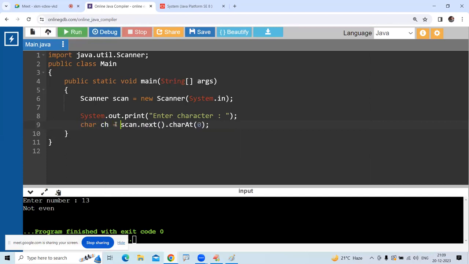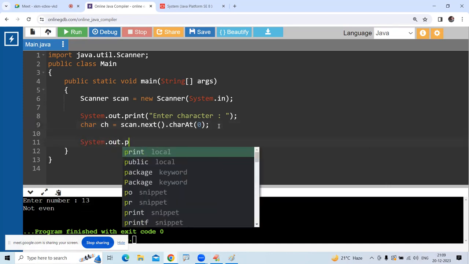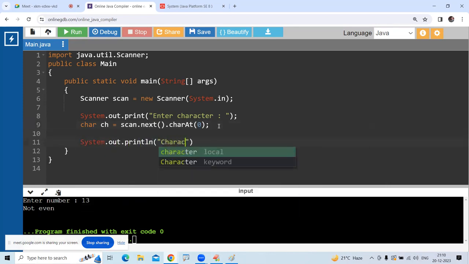Sir, I am not understanding. Briefly, you will understand in the string handling concept. Don't worry. It's a string. From the given string, you will get the first character. I'll show you. First, one simple example. The character is, printing that ch value. Now when you execute the code,